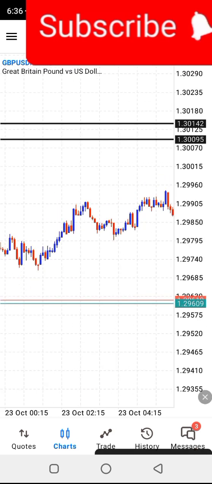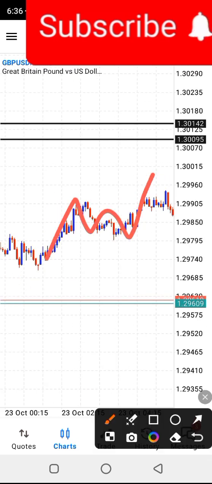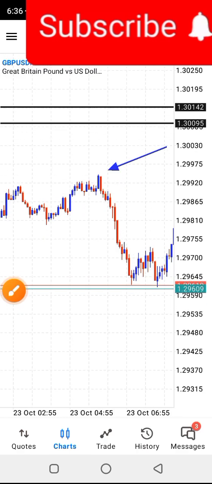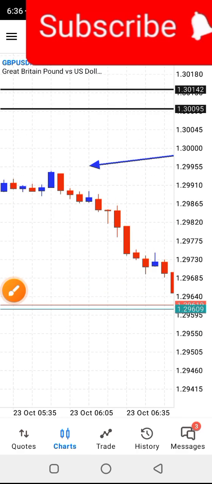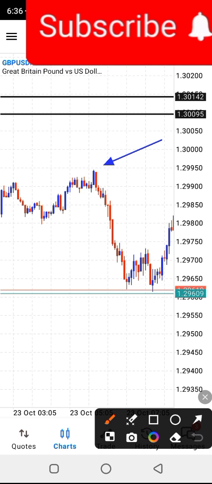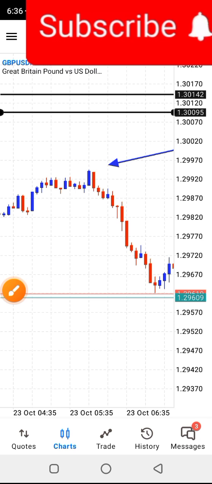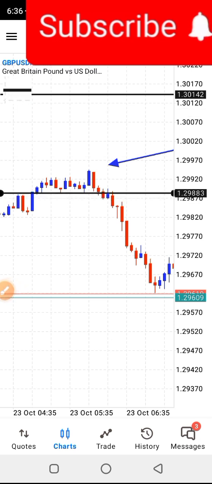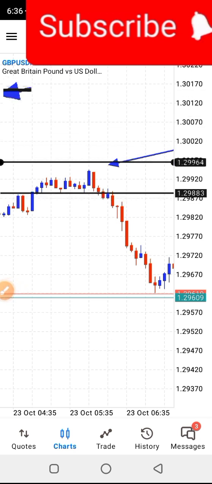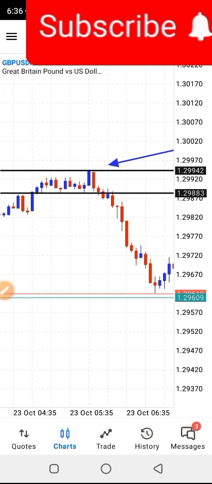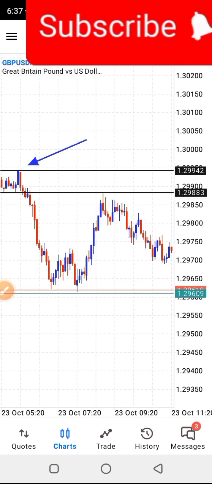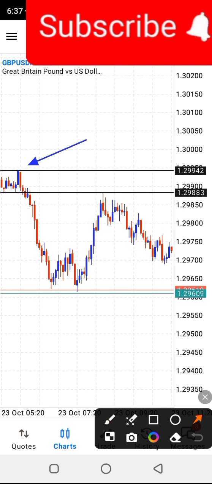Price was moving in the opposite direction this way. Okay, so at this level we had a break of structure right here, in the downwards direction. So we just need to depict the order block that brought about that change of character. Okay, so when price gets back here, we are looking to sell. So price just tapped